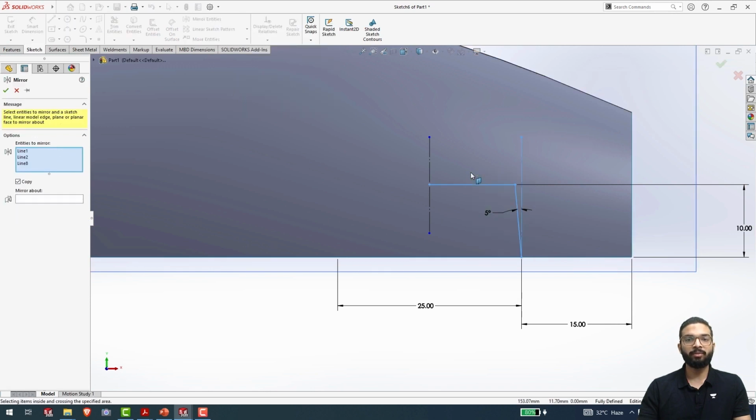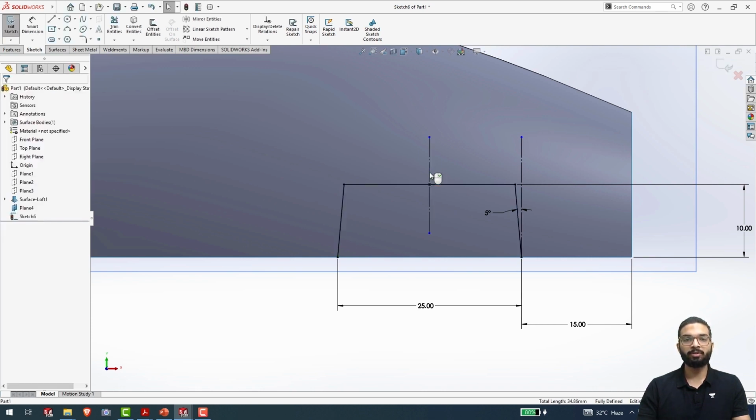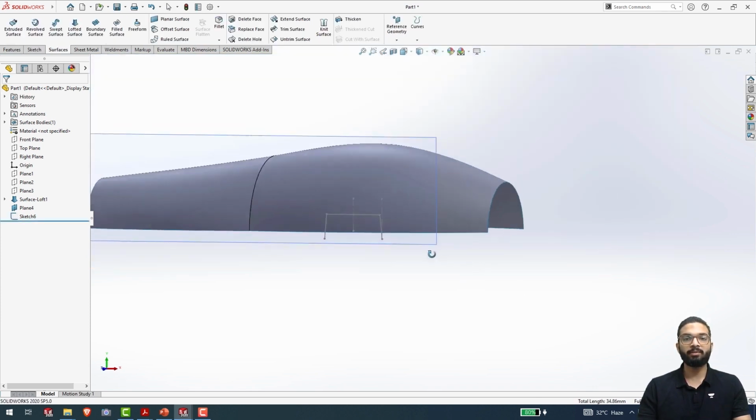I will select both of them using the box selection. This line has also been added, so I will simply click on it and remove it from the selection. Next, I will click my right mouse button and specify the line about which the mirror is supposed to be created. I will select this line as my mirror line. Again, without moving the mouse, I will press the right mouse button, and this is how my surface has been generated. Once I have done this, I will press Ctrl Q, exit the sketch, rebuild the part,